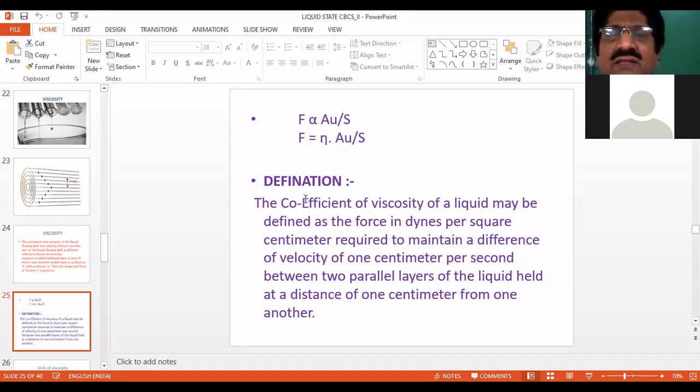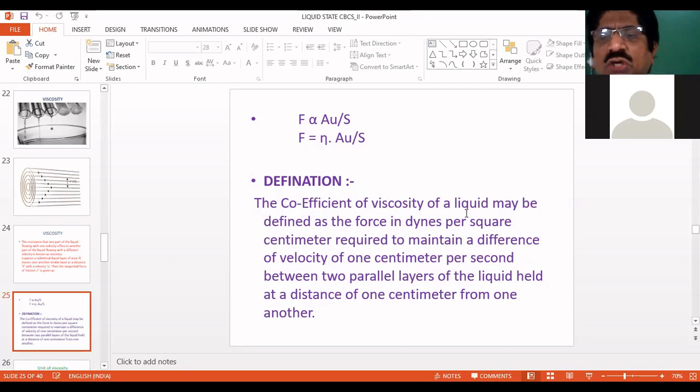Now, once again, here also, as I said, they are asking for the definition. The explanation is only for your reference to know what viscosity is. But of course, the definition is important. For 2 marks, the definition will be asked. So how the viscosity or the coefficient of viscosity, both are the same, keep it in mind, can be defined. It is defined based on this equation, remember, based on this equation.